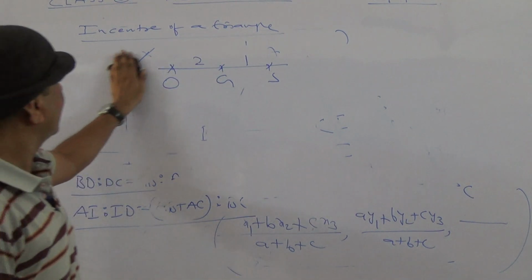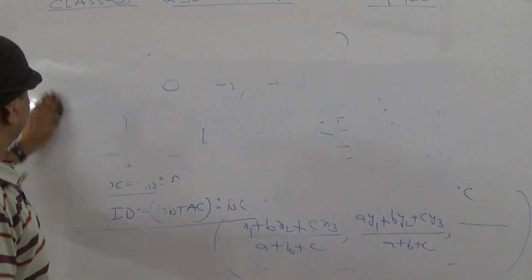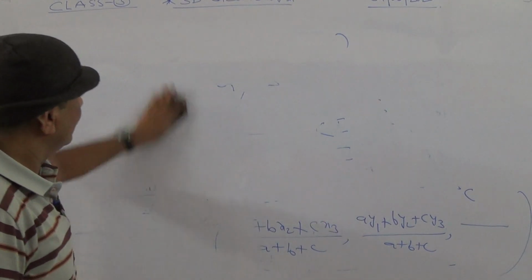Okay, these are called centers of a triangle. Now one more